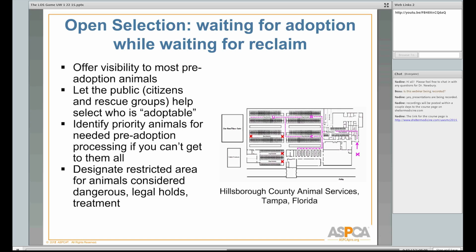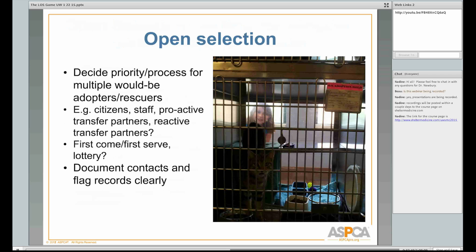Owner selection is another program that we use, and this is a program that we're modeling here in Dane County as well, where when an animal comes in during its stray holding period, again in Wisconsin we have this very, very long stray holding period of 7 days. Rather than have the animals not utilize their 7 days to try to find a home, we let the cats go up for adoption selection during their 7 days, and then on the 8th day they can actually go home with their new owner. This has been incredibly dramatic at Dane County Humane Society, where this has cut the length of stay to about 1/3 of what it used to be for cats.